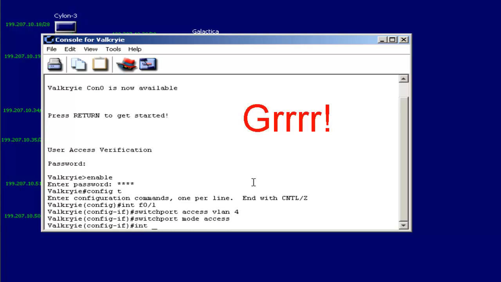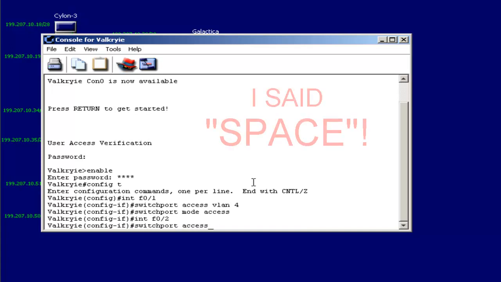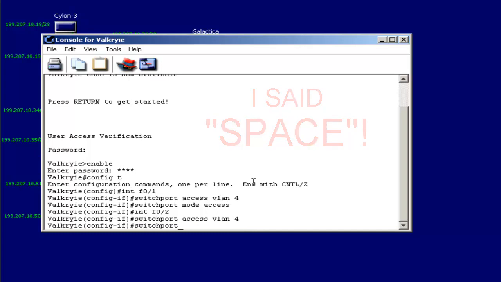Now I want to do the next interface, which is going to be FastEthernet slot 0 port 2. And I want to do switchport access VLAN 4 and switchport